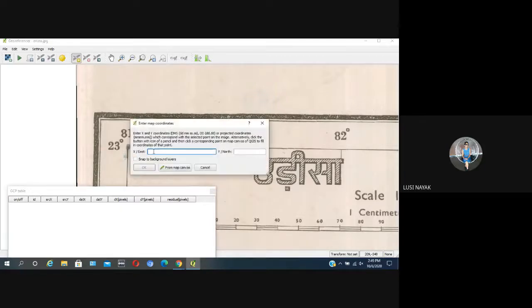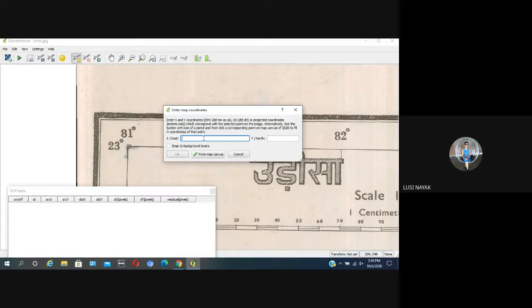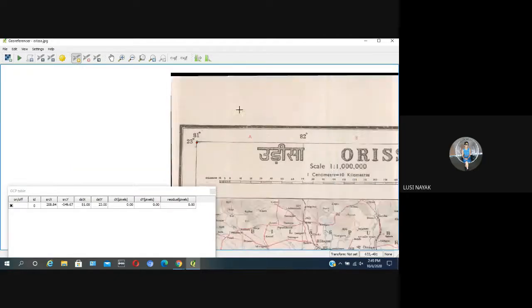Add point. X coordinate is longitude and Y is latitude. Then okay. Take another point.